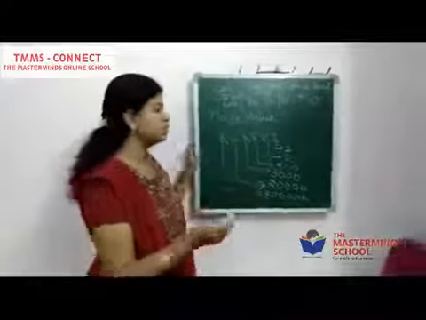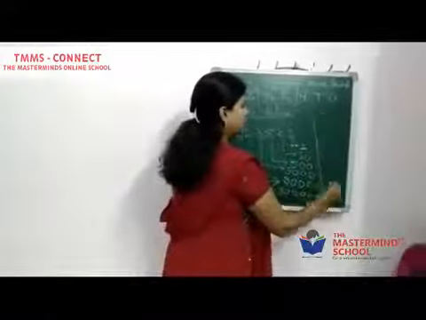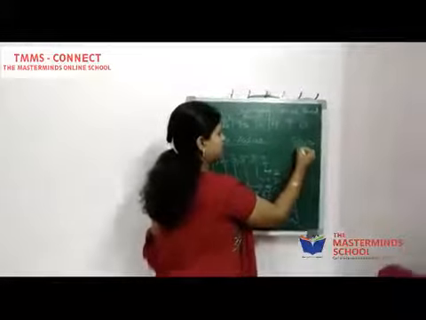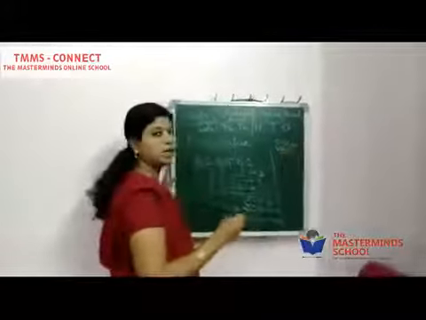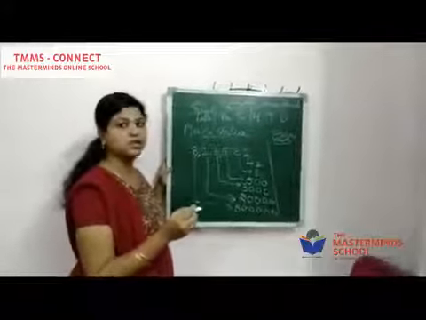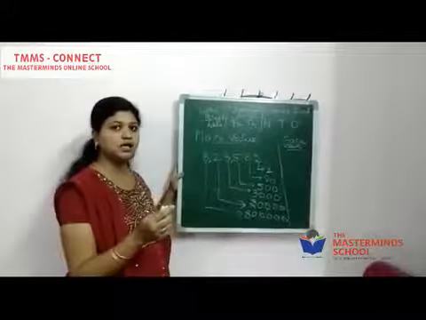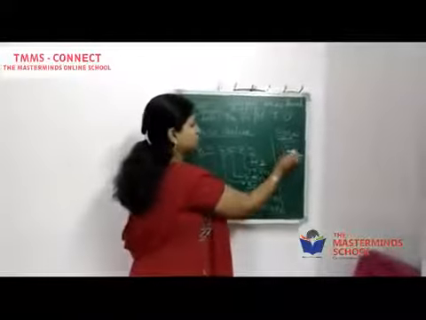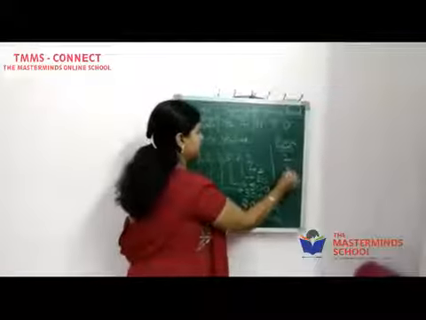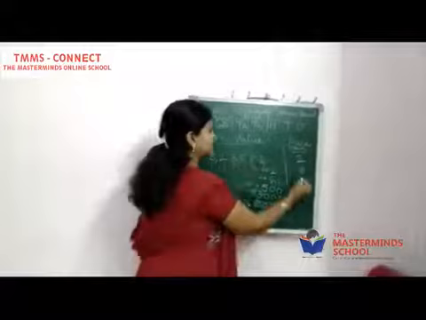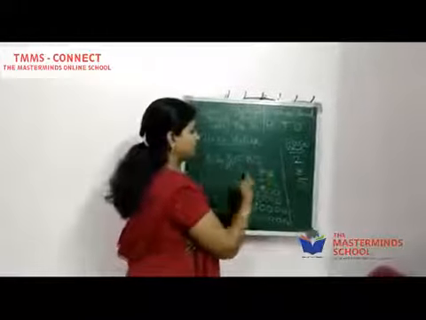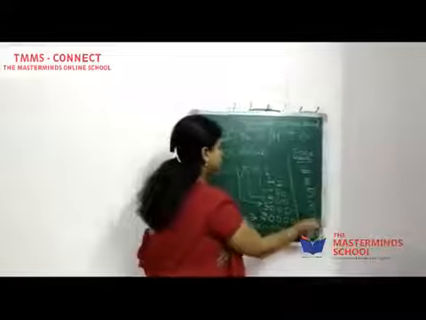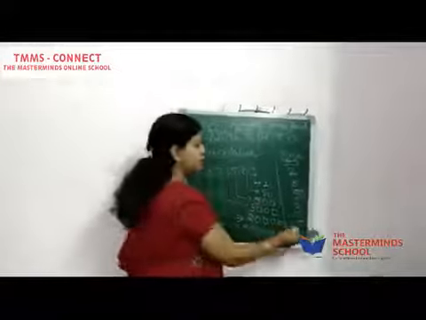Now, coming to the face value. How do you write the face value? The face value will represent the number itself. Yes or no? We have seen in the last class that for the 5-digit number, the face value represents the same value. So face value of 2 will be 2. Face value of 8 will be 8. Face value of 5 will be 5. Face value of 3 will be 3. Face value of 2 will be 2. Face value of 8 will be 8 itself.